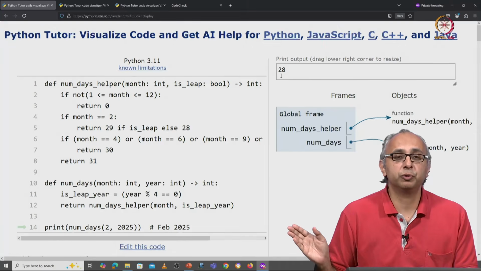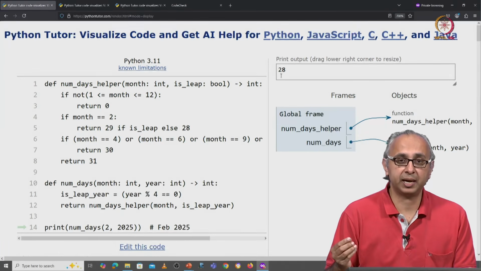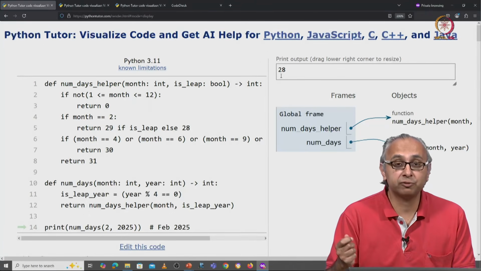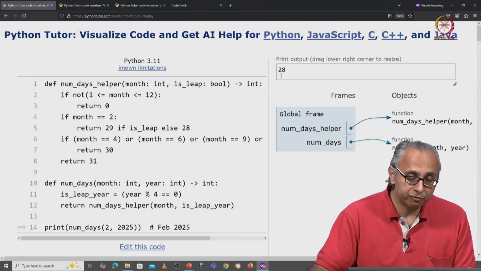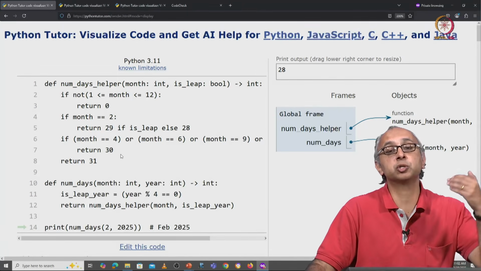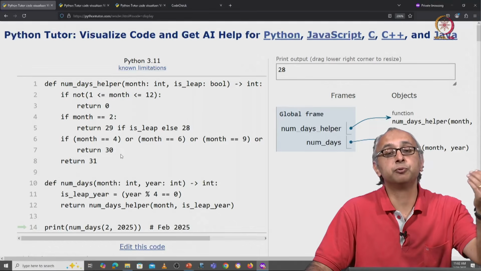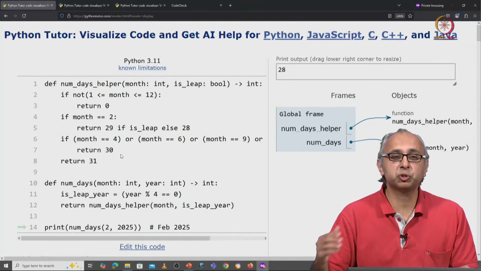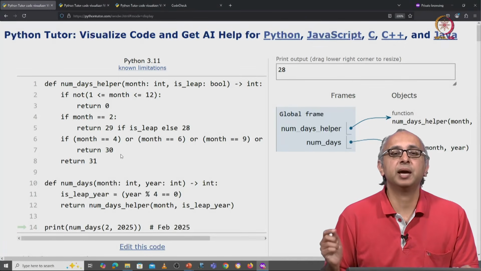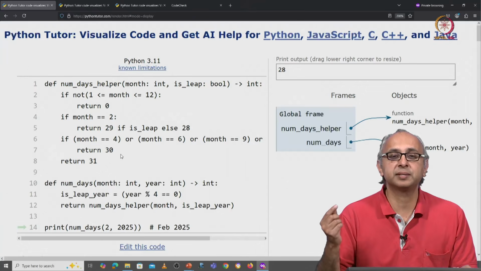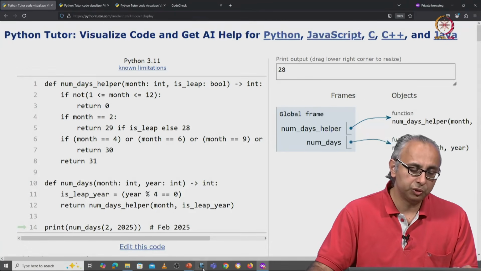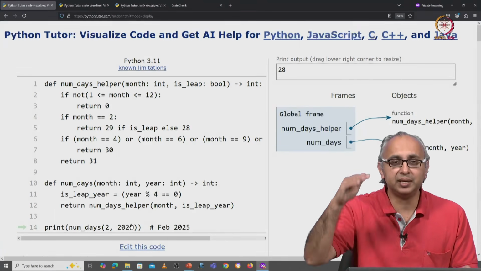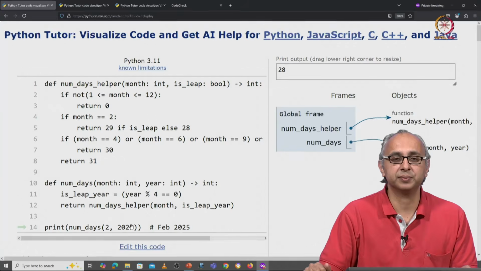So this control flow is not trivial to understand. I strongly encourage you to click through this yourself at your pace. Every one of the points at which a function is called or when the function returns is tricky to understand, and it's important for you to spend time clicking through this and making sure each step makes sense. I encourage you to try out different values of month and year and see different execution paths.